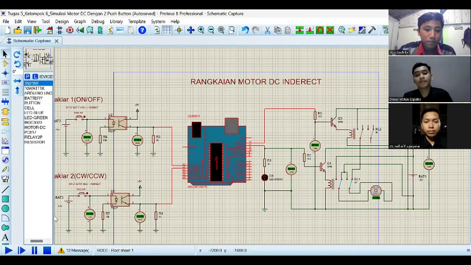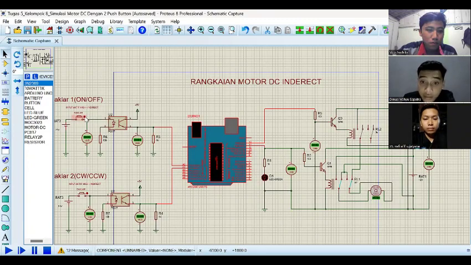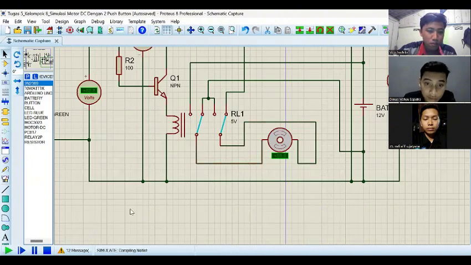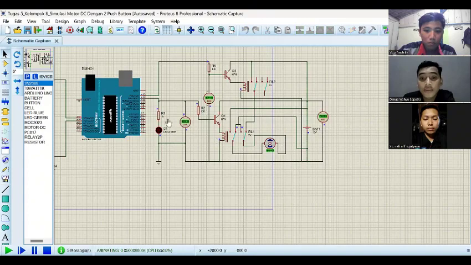If push button 1 and push button 2 are not pressed, then the switch is open and the motor doesn't rotate. If push button 1 is pressed and push button 2 is not pressed, then the switch is open and then the motor rotates CCW.